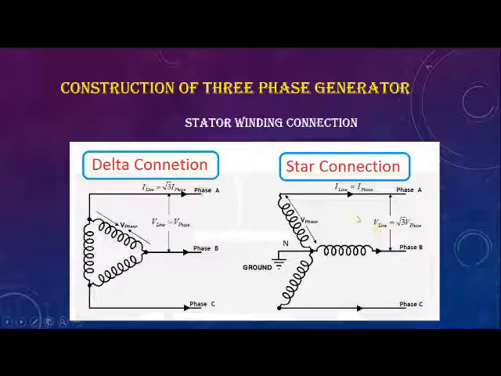And here, in star, line current and phase current are the same. Current flowing through the winding flows through the line. So phase current is the same as line current. But line voltage is not equal to phase voltage. Line voltage is the voltage measured between any two phase conductors, but phase voltage is the voltage measured between one phase conductor and neutral point. That is the voltage across this winding. Okay.